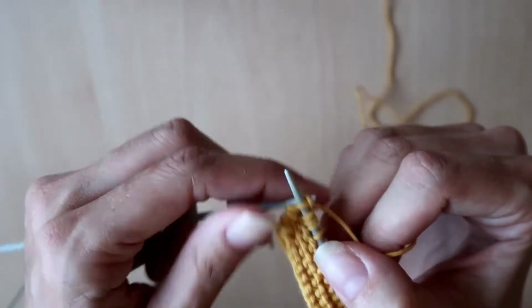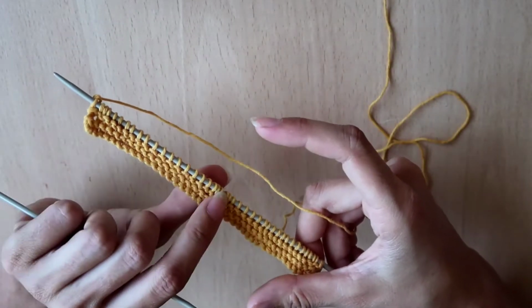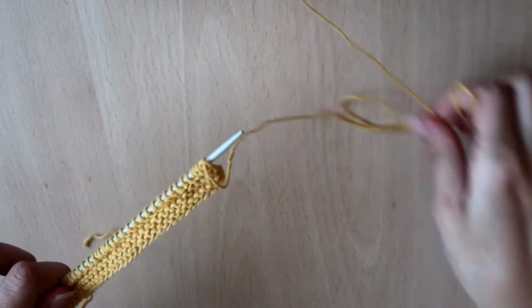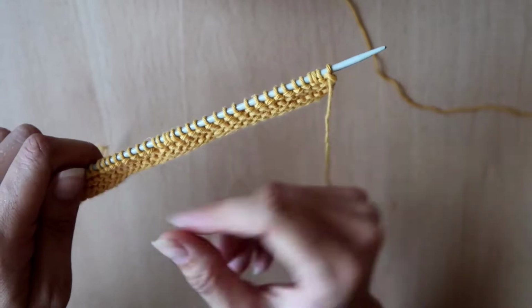Oops, there we go, knit 2. And there we now have added on 4 stitches throughout that whole row. Every yarn over is an added stitch. So we now turn our work, and now we do our 6th row, which is to just knit everything in